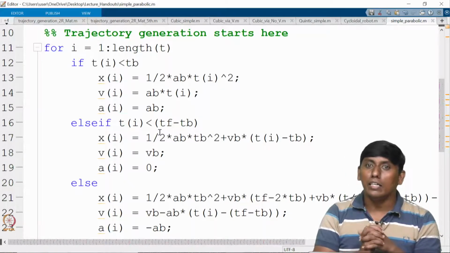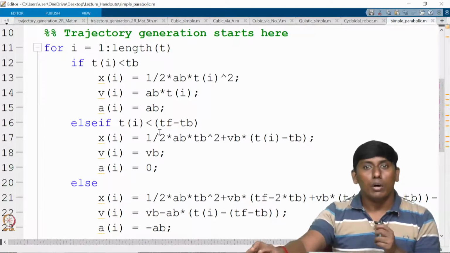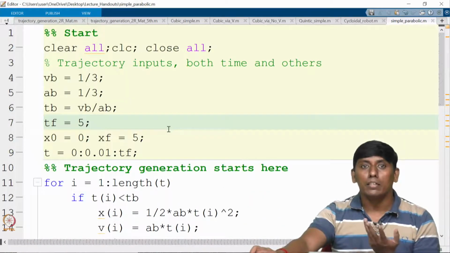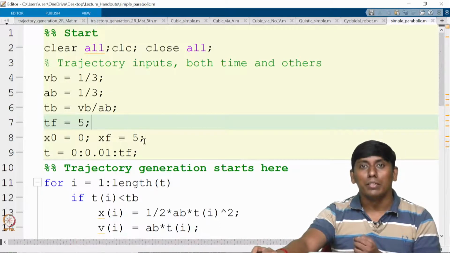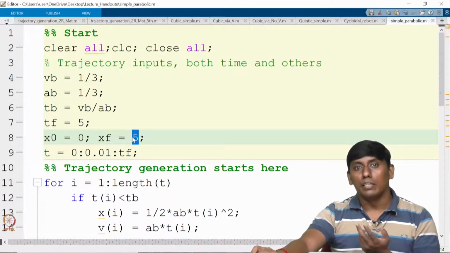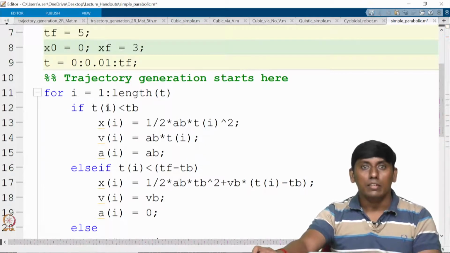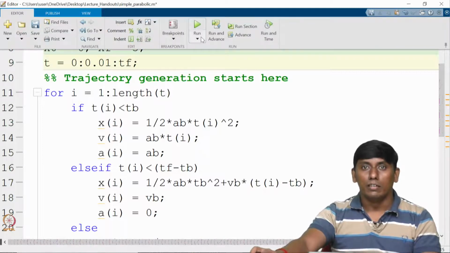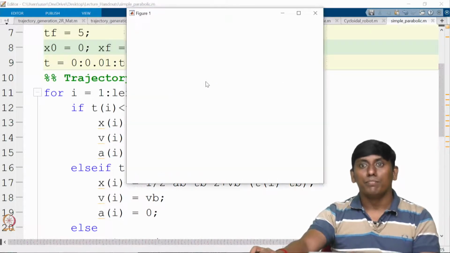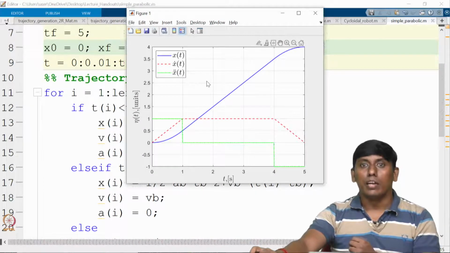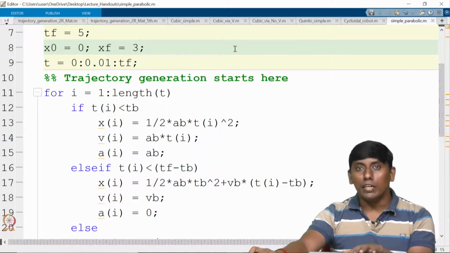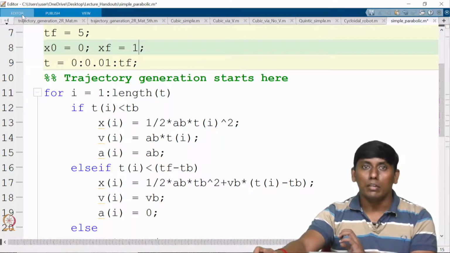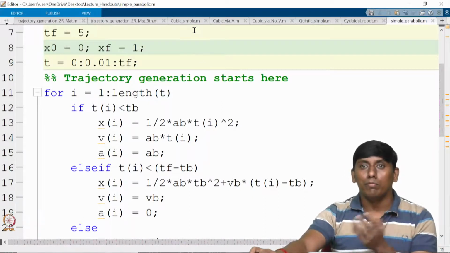This we have already seen in the lecture. Now this way we can play with it. I already said this is imposed with some additional constraint. For example, I am putting this to 3, so we can see whether it is following. You can see it is not exactly matching, because if you modify that, the step is varying. Instead, if I keep it at 1:1, you will see that it follows.